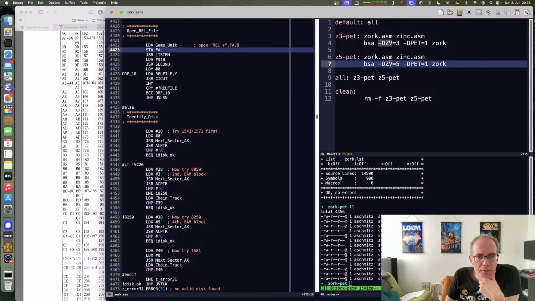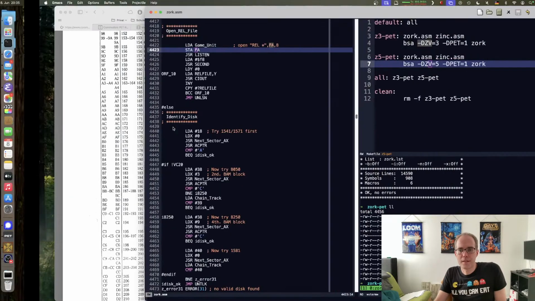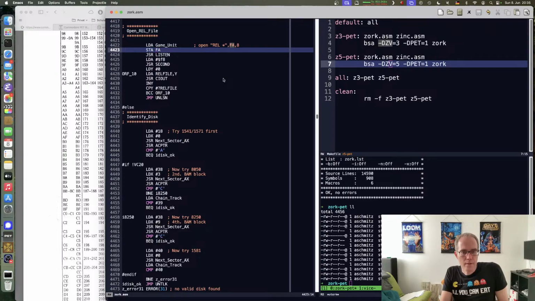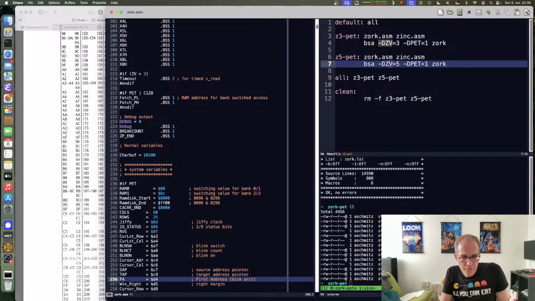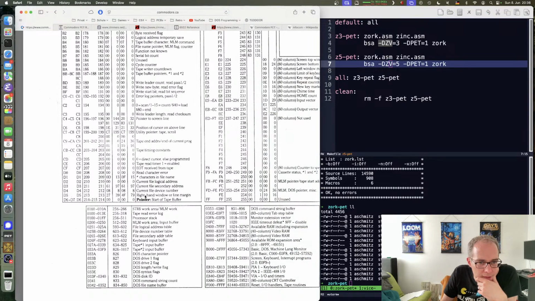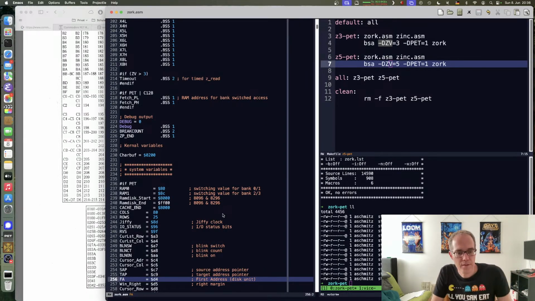Star accumulator FA? What is FA? Okay, FA is probably one of... Damn it. FA is first address disk unit. Okay, D4. D4 is current file device number. Okay, that actually loads